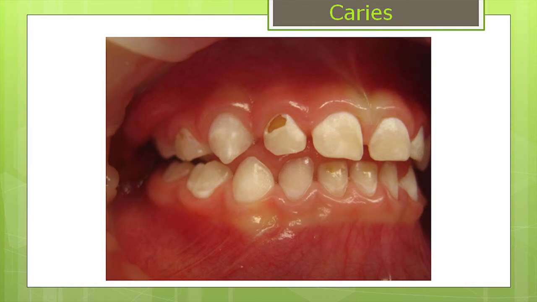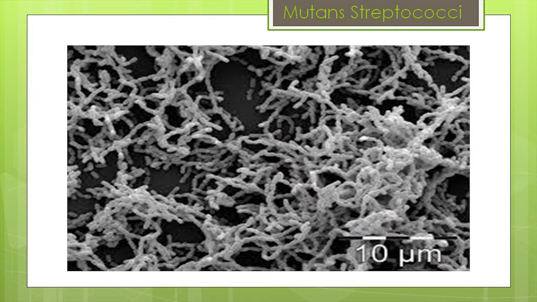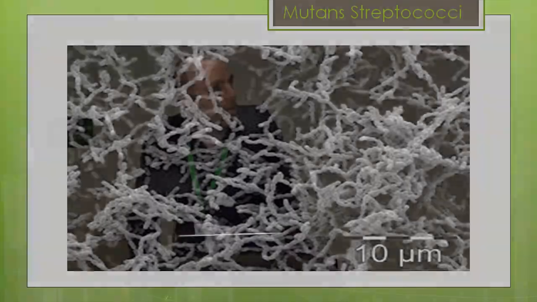And lots of reasons, as we've talked about, for dental decay. One of them is mutans streptococci, and we've already seen this in numerous slides today, but I guess this is the baddie, the bacteria that we try to avoid if we want to try and avoid dental decay. But there's lots of bacteria that cause dental decay. This is just one of them. And if you have mutans streptococci, you have increased risk of dental decay.